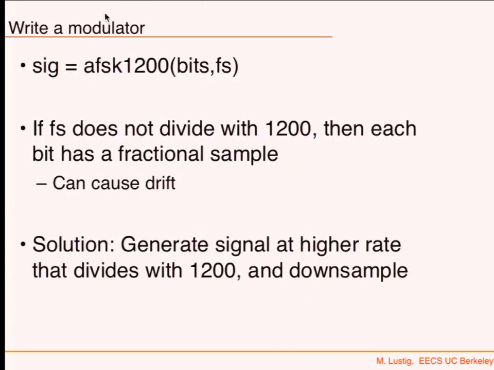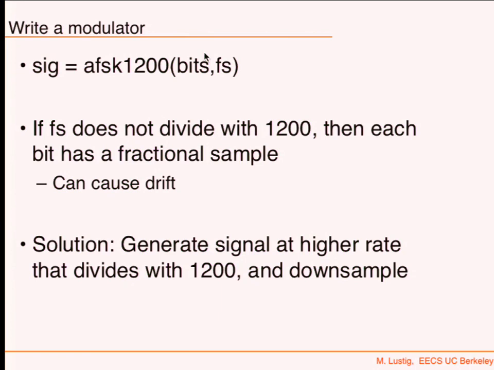Okay, so you're going to write a modulator. You're going to write this function. The function will take bits, and we chose to use a bit array type in Python. So you'll have to use that one. The reason is that our decoder for AX.25 that we're going to use later uses that type, so it's useful to be consistent. You're going to take bits of ones and zeros, and then convert them into an NRZ signal of plus or minus 1.